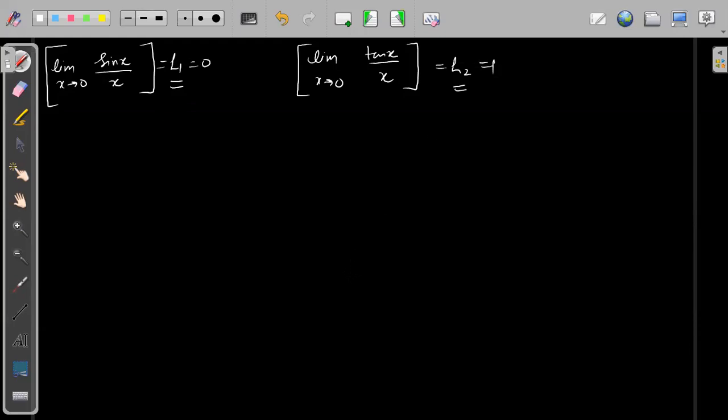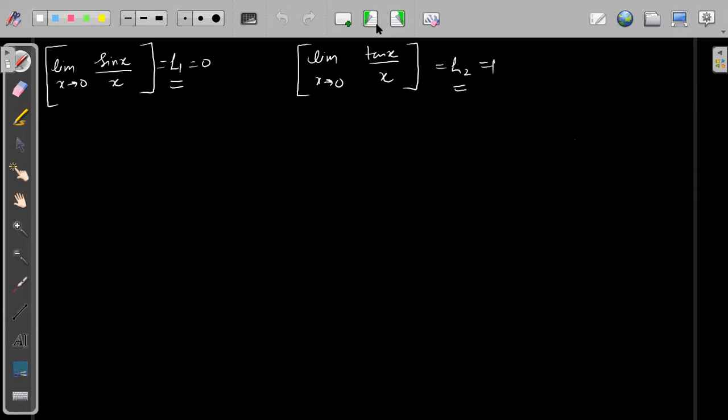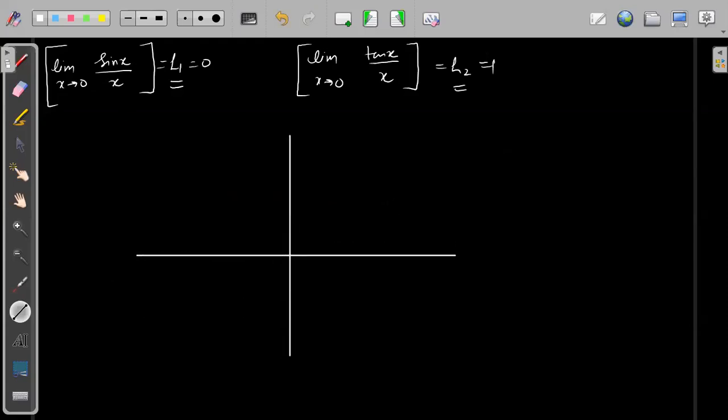Okay, by expansion we cannot say it just like that. By expansion, we know that this value is approximately 1 and this value is approximately 1. But by expansion, I cannot say whether the greatest integer of this is 1 or 0. Very good. See, if I draw the curve for sin x, tan x and cos x, one thing we can say